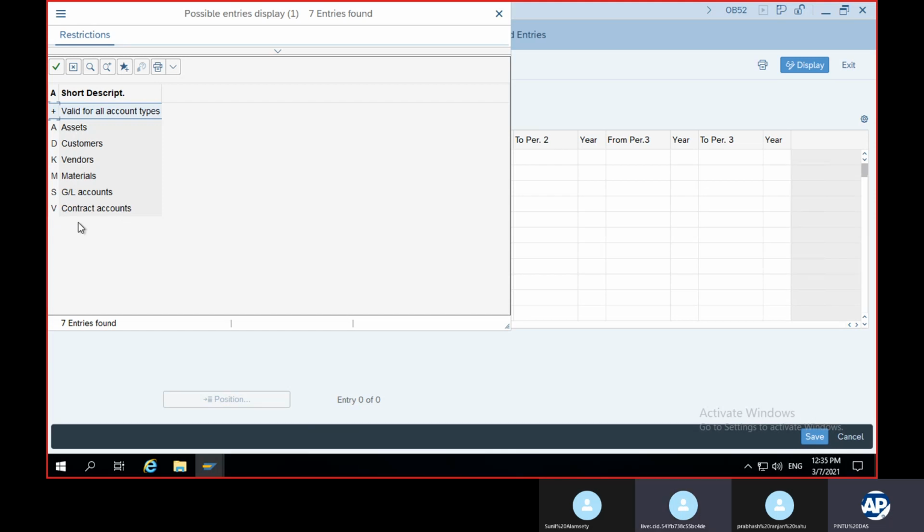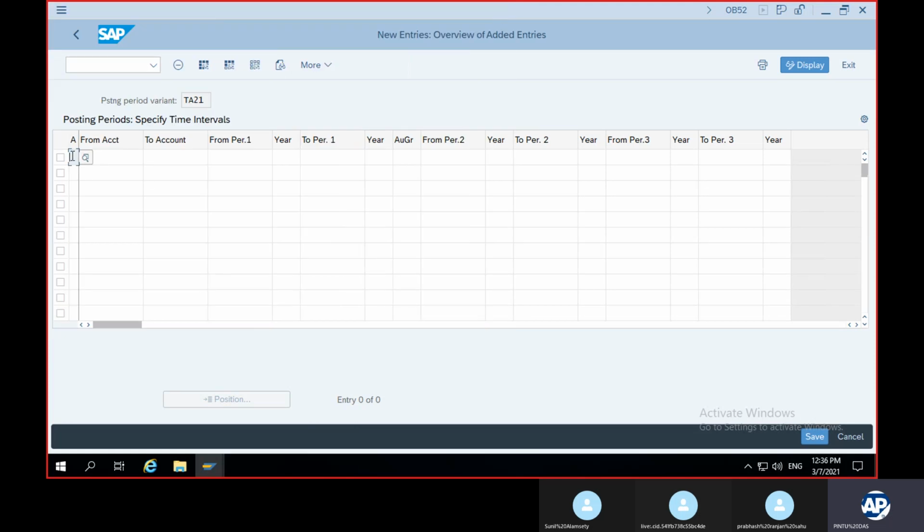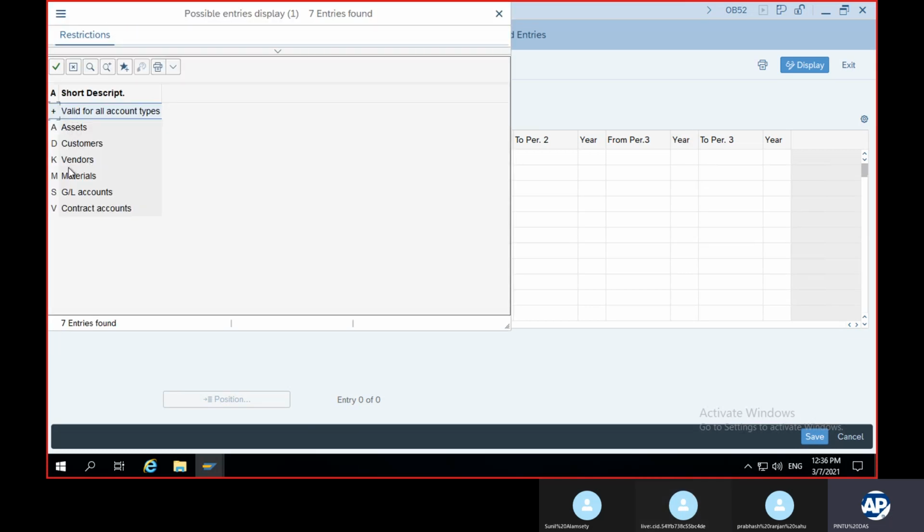What do you mean by contract accounts? If you have any contracts, previous contracts, any kind of agreement, those come here. So you can give them one by one, A, D, like so. Your configuration will become lengthy. Instead of giving all this one by one, you can select plus, which will be applicable for all.